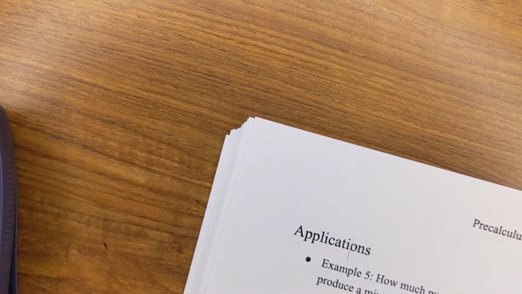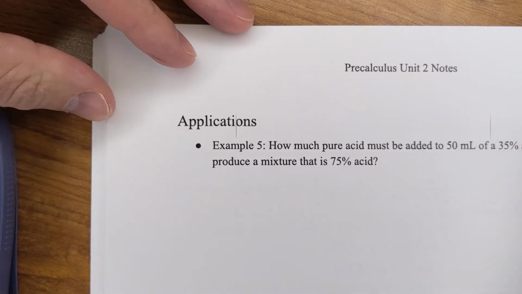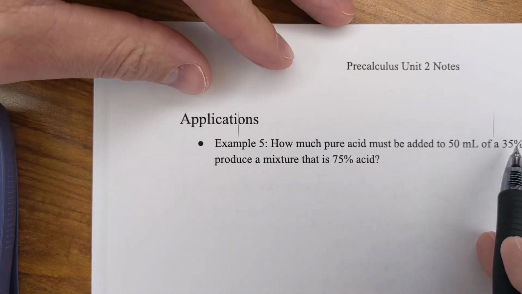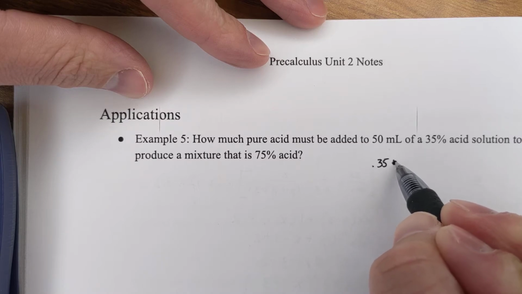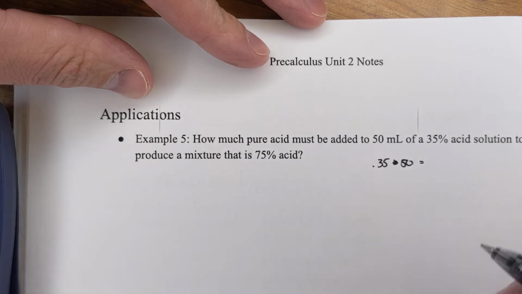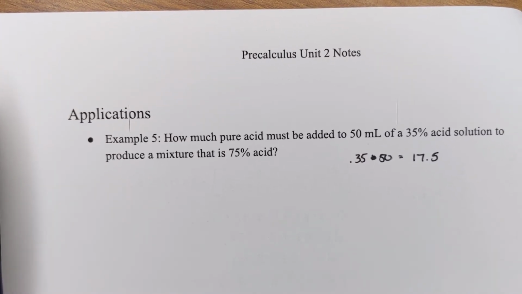All right, example 5. So how much pure acid must be added to 50 mils of a 35% solution to produce a mixture that is 75% acid? So we're actually going to work in terms of acid. So if we have 35% solution of 50, let's find 35% of 50 mils of my solution, so 0.35 times 50. So there are actually 17.5 mils of acid in my solution,